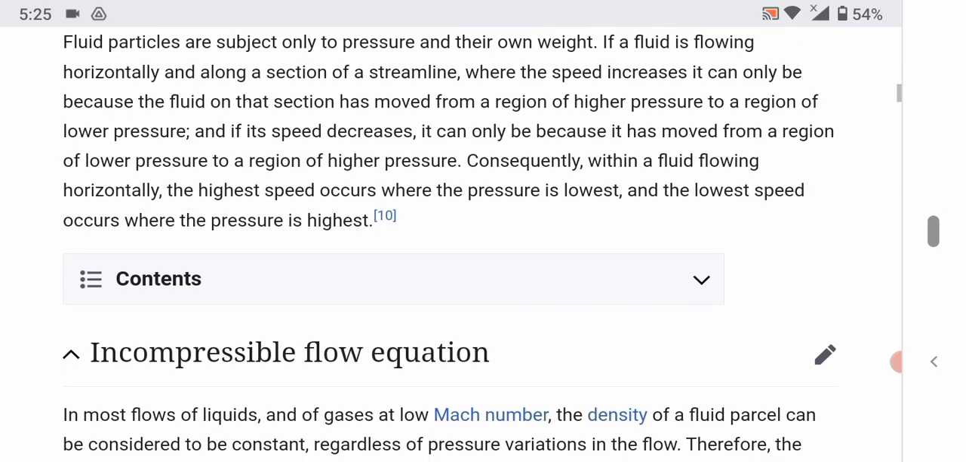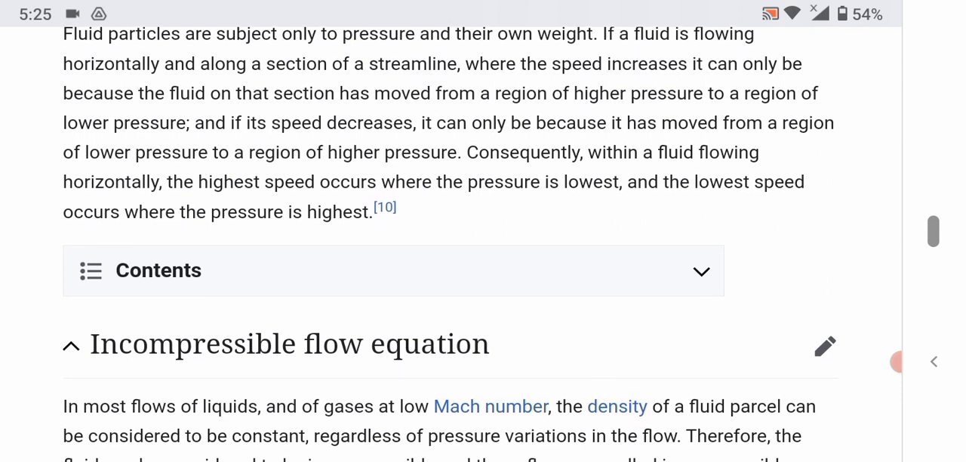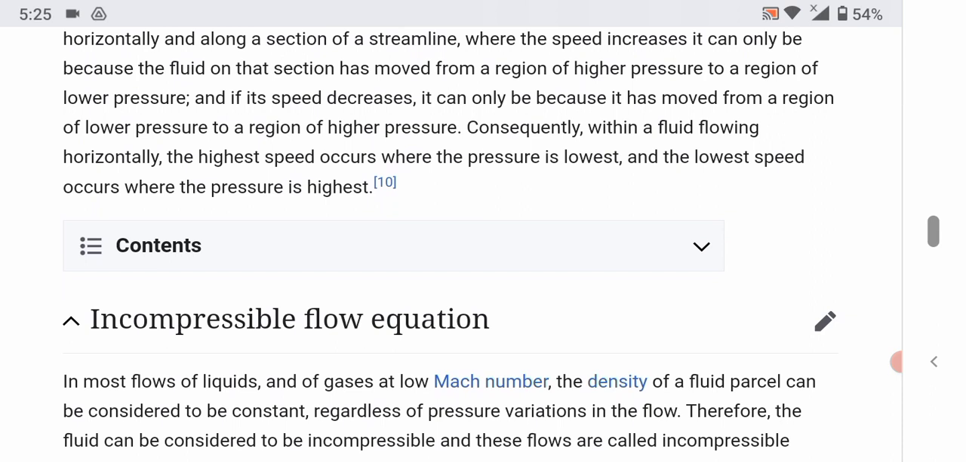If a fluid is flowing horizontally and along a section of streamline where the speed increases, it can only be because the fluid on that section has moved from a region of higher pressure to a region of lower pressure. And if speed decreases, it can only be because it has moved from a region